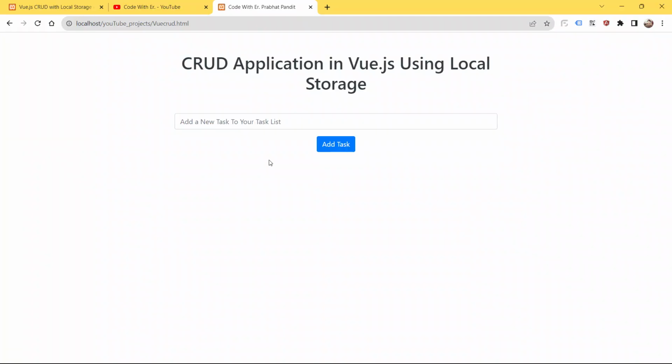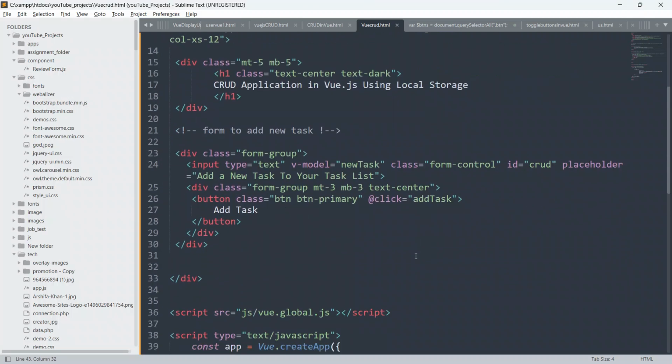Okay, so guys, now I'm gonna create this task. I'm gonna create this function, add task. Then only will the user be able to add a task into their task list, once they hit the button add task. So now I'm gonna create the button add task. Sorry guys for the notification also.